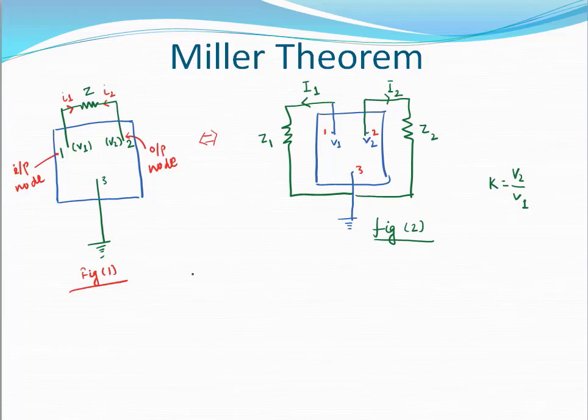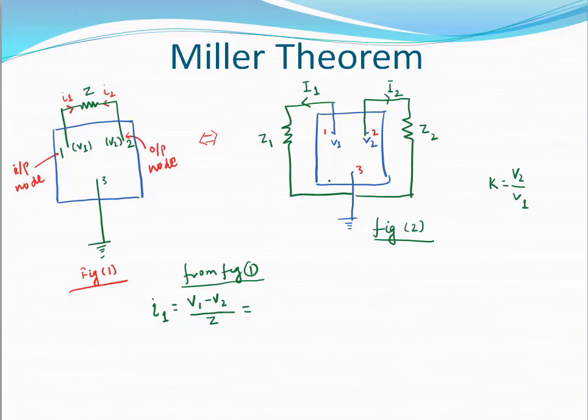So from figure 1, I1 is equal to V1 minus V2 by Z. So I1 is equal to, from figure 1, V1 minus V2 by Z,